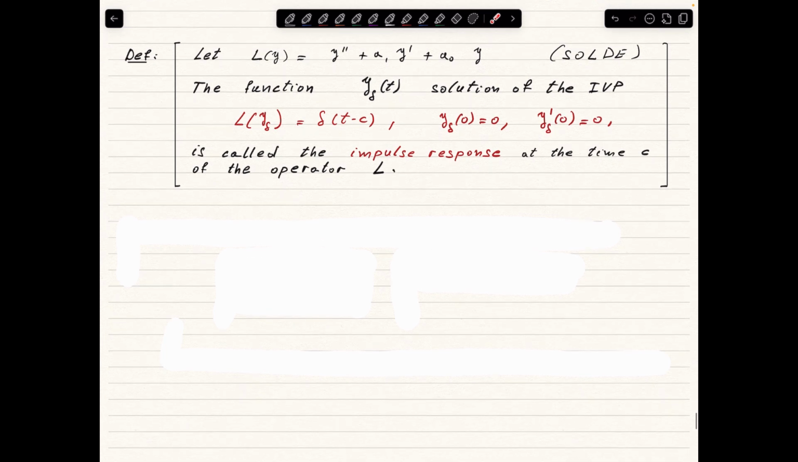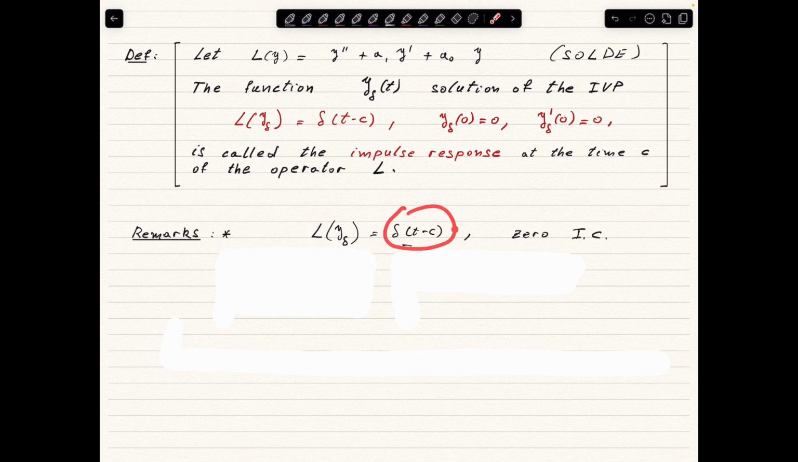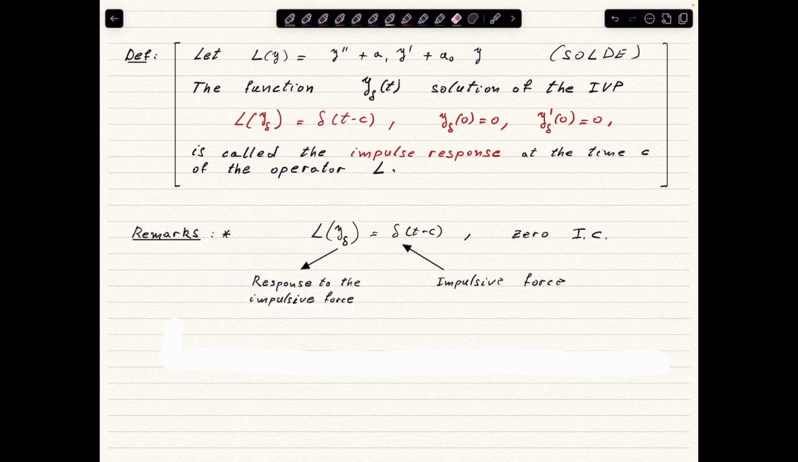So what we have here is that the operator describes, for example, a system, like a mass spring system or a pendulum, and this describes an impulsive force that is acting on the system, and this is how the system is going to behave, the solution, when we don't have any other initial condition. All we have is an impulsive force that acts on the system. For example, we hit the spring with a hammer at the time t equals c, and the spring is going to move in response to the impulsive force in a particular way. That way is the